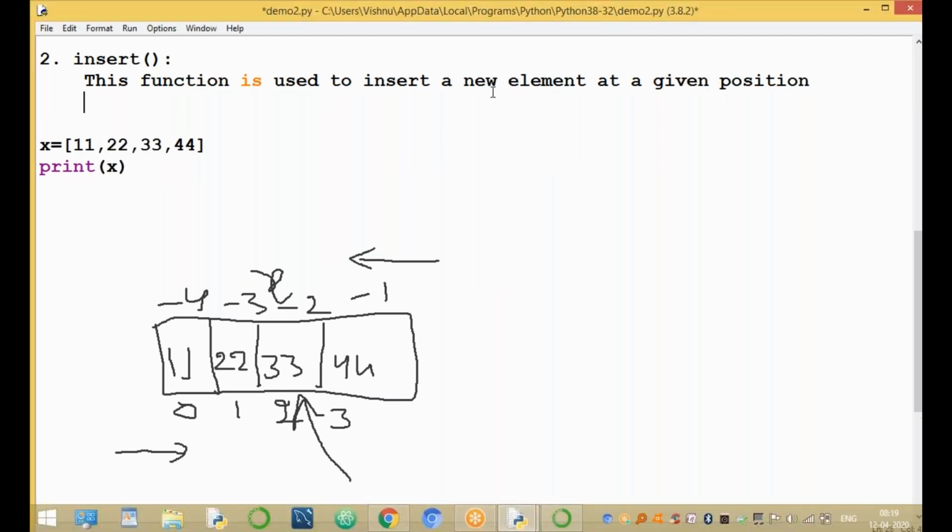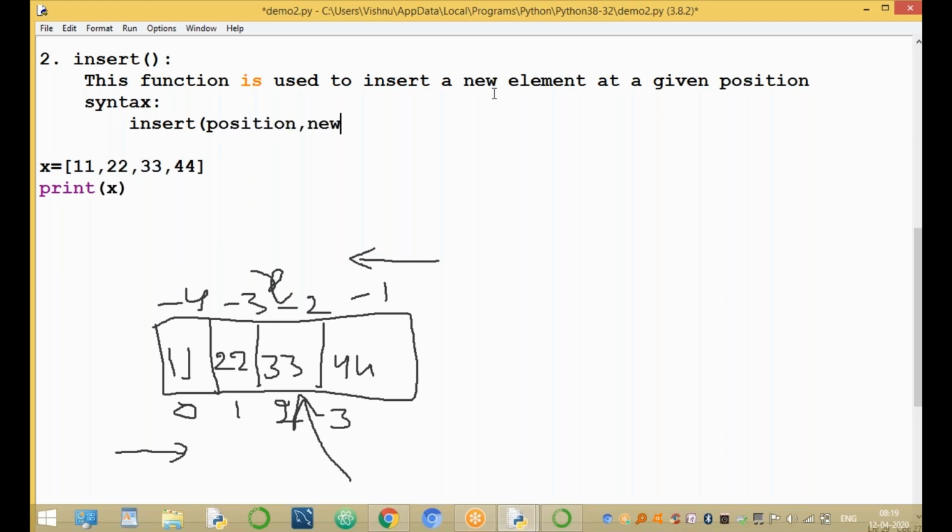Okay. So now the syntax of this function is insert of position, index number. The position means any position, comma, new element. Which element is to be inserted at the given position?